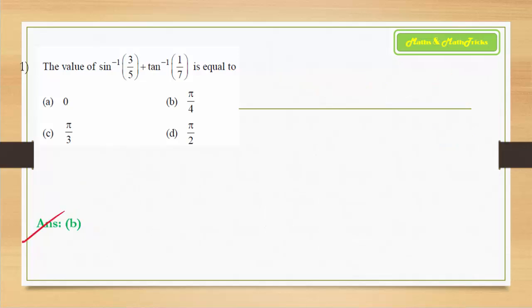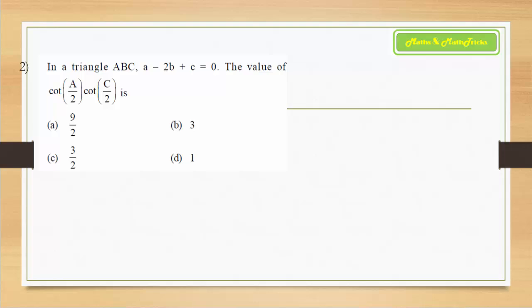Alright, coming on to the next question, and this is a question on properties of triangle. You must prepare the basic important formulae of properties of triangle to answer such simple questions in your upcoming written exam too. So you see that there is a demand for the value of cot A by 2 and cot C by 2. Basically in this chapter you have covered the so-called formulas of half angle for tan.